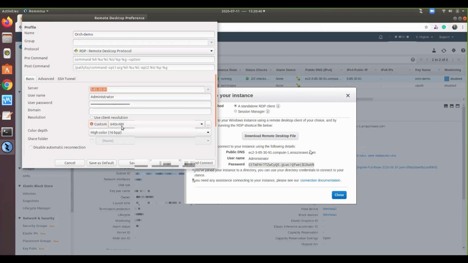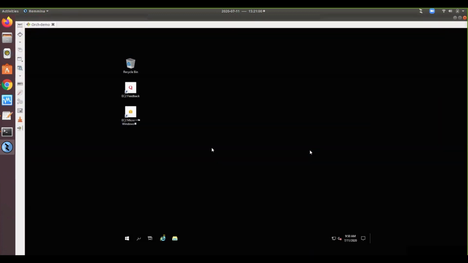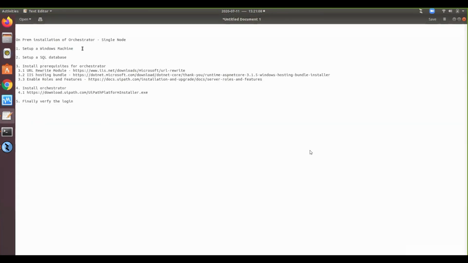So go with the custom resolution and make it 1024 by 768. Okay, so this is our Windows machine. So in the steps, we will be marking this as done. So we are done with this first step.